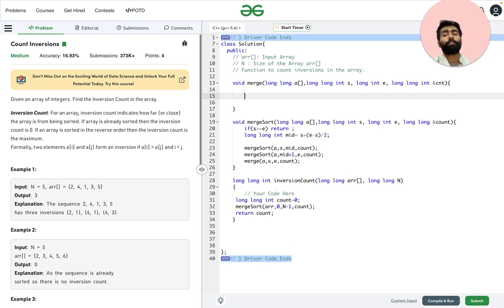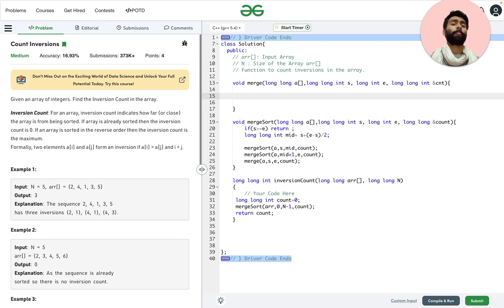In this function we will do merging of two sorted arrays. So to merge, first of all we need to have two sorted arrays. For those we need to divide the array into two.